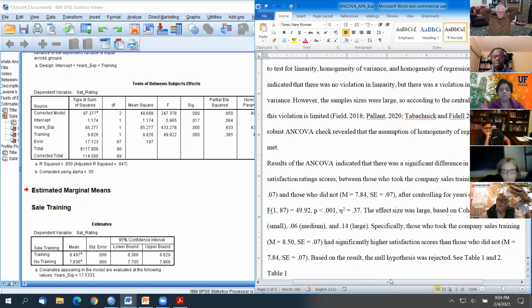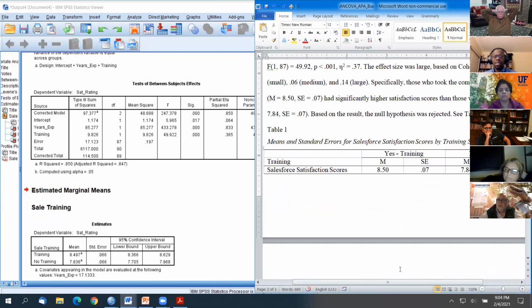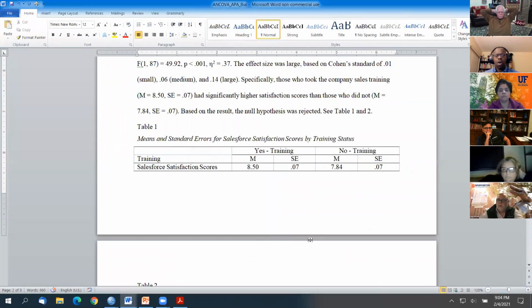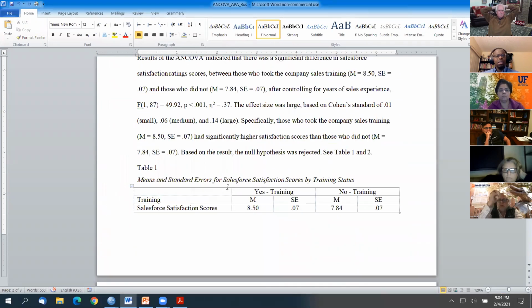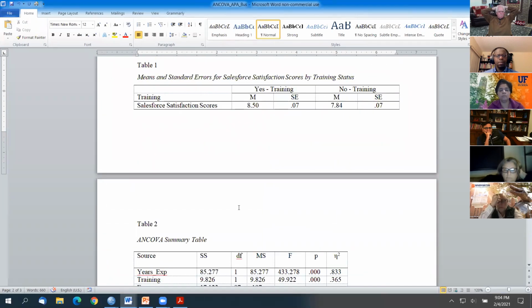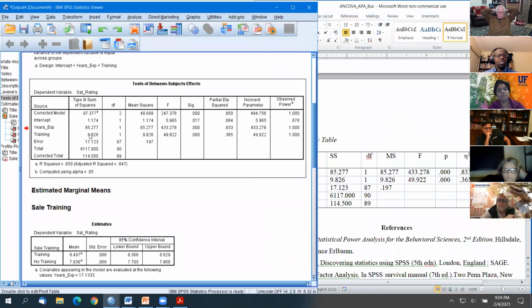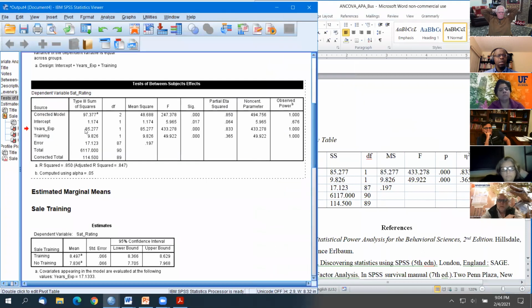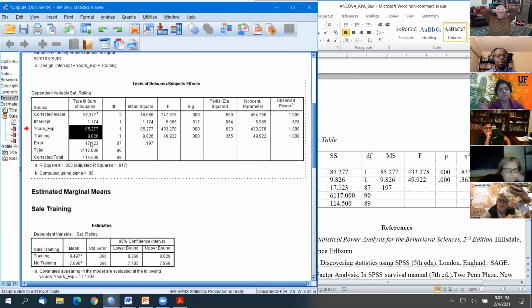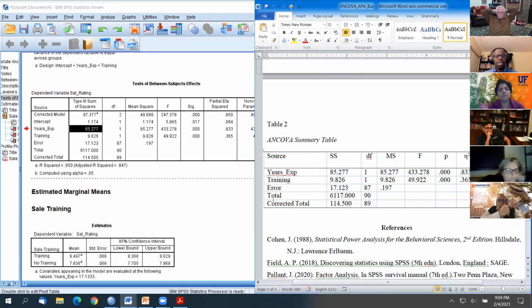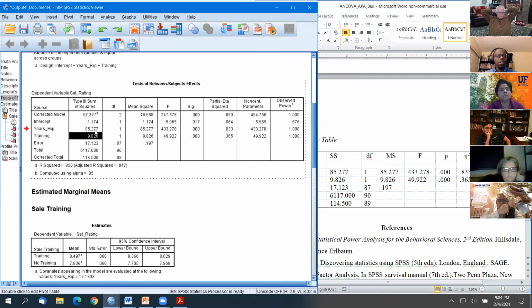Based on the results of the null hypothesis, the null hypothesis was rejected. And then we just put in the table here. So when you're ready to run an ANCOVA, all you have to do is go to this sheet. You can use the same table and just paste all this stuff inside here. All I did was double click this, go over to the first variable, scroll down to, I think it was, let me see, corrected total. So I go down to corrected total,